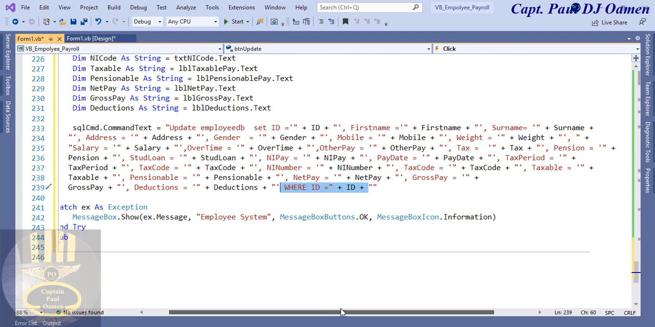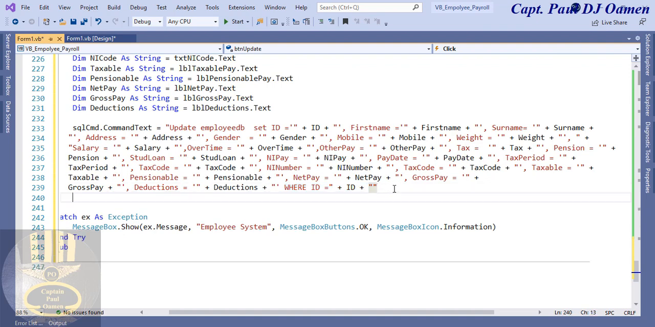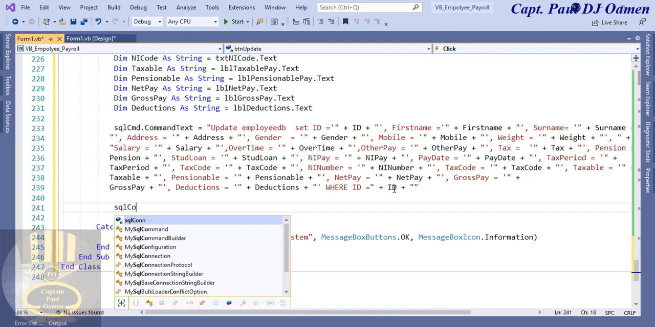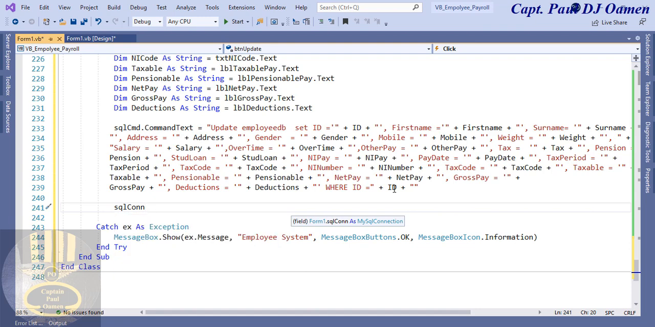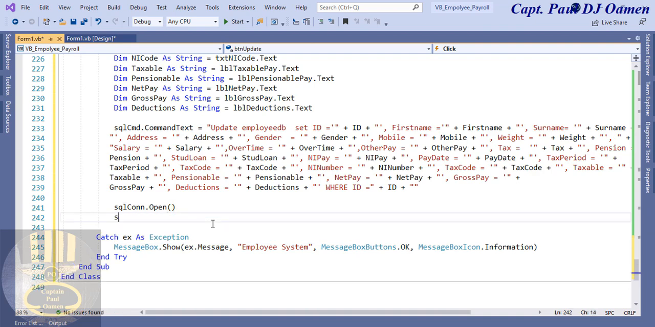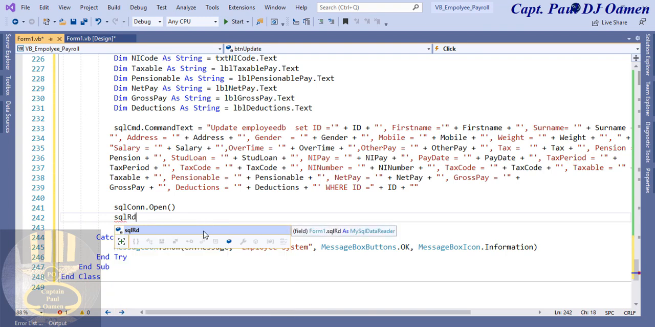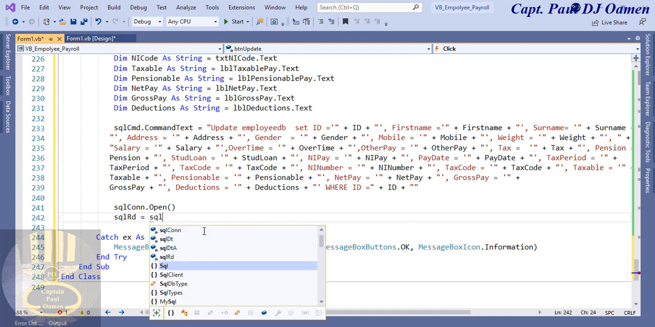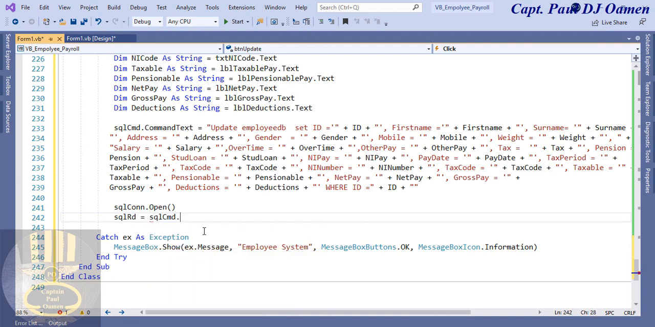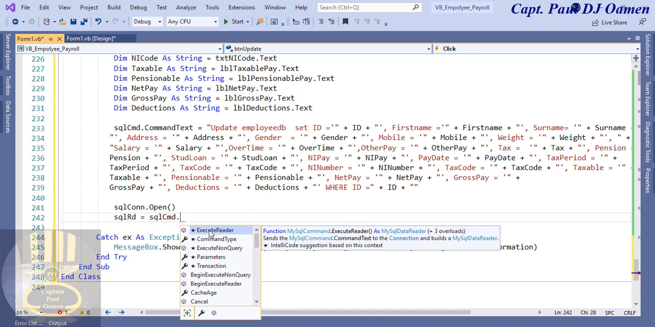There. And to run things off, we come right down here. SQL pan.open, and enter parentheses there. Then we also need to take care of the reader. SQL read equals SQL command.reader,